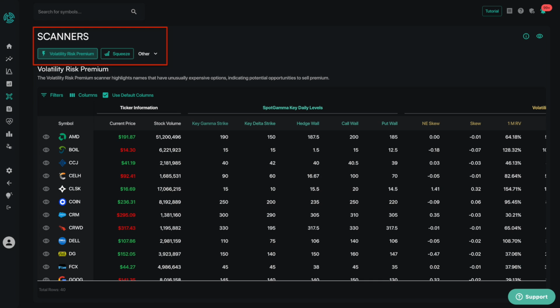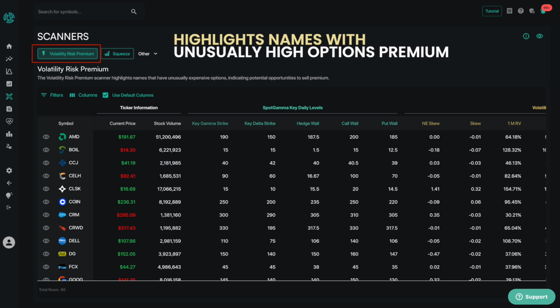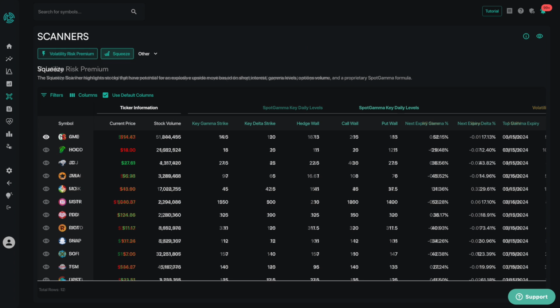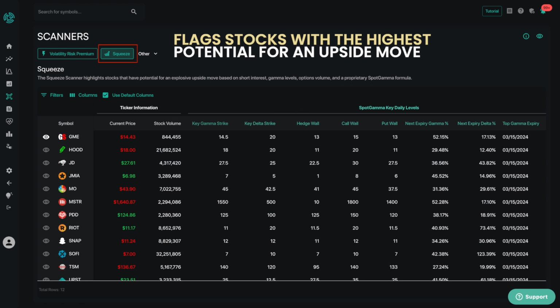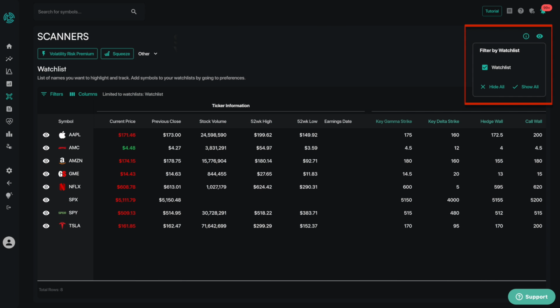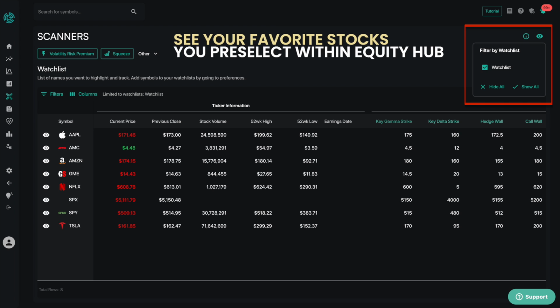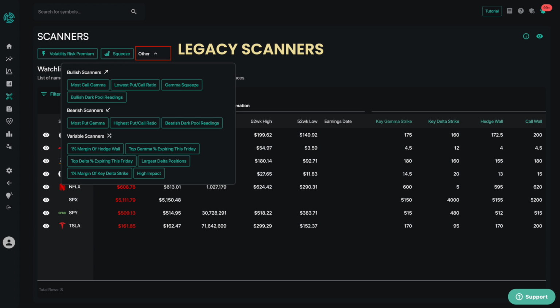At the top left of your screen, users can choose one of 4 ways to find new trade ideas. The first tool is the Volatility Risk Premium Scanner, which highlights names with unusually high options premium. The second is the Squeeze Scanner, which flags stocks with the highest potential for an upside move. Third, you can select My Watch Lists to see your favorite stocks based on the list of specific stocks you pre-select within Equity Hub. Lastly, if you're interested in viewing any of our legacy scanners, each of these is available